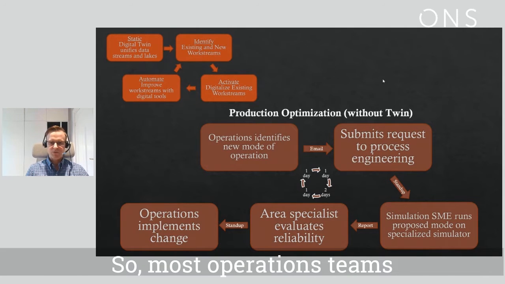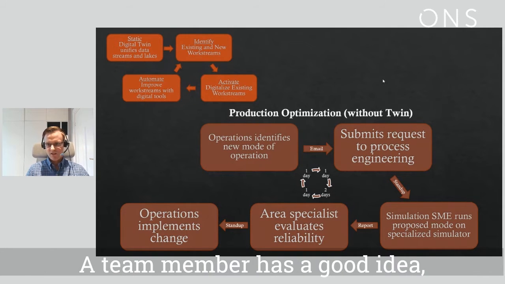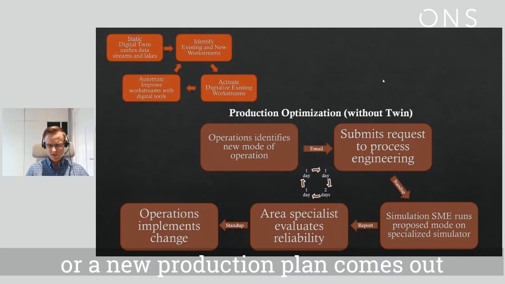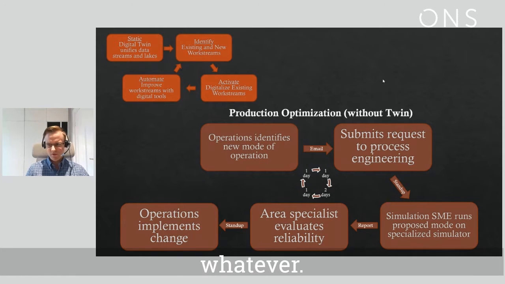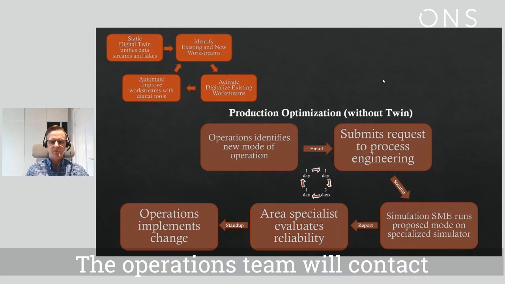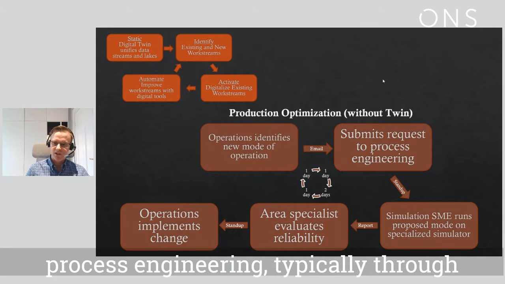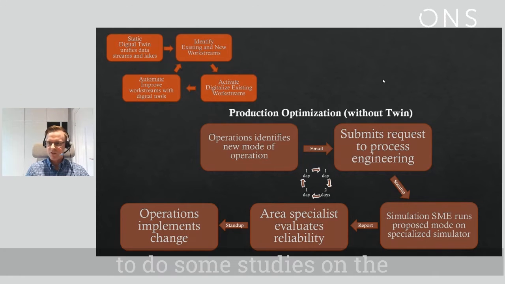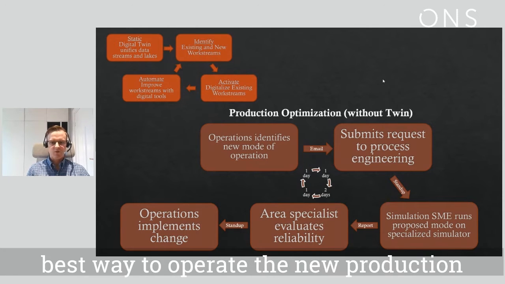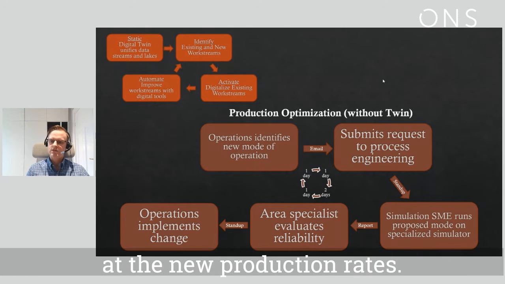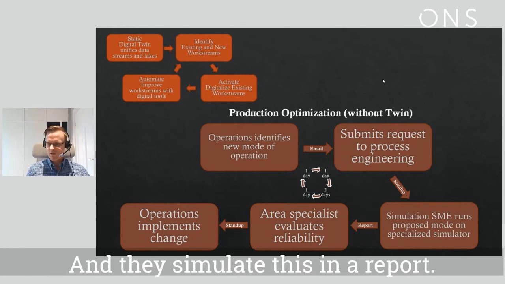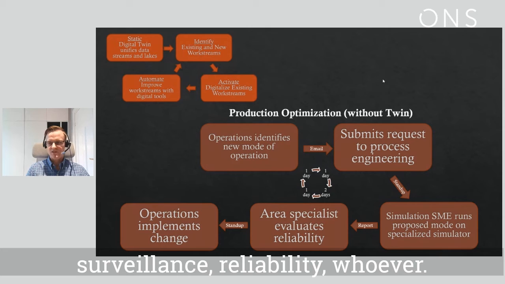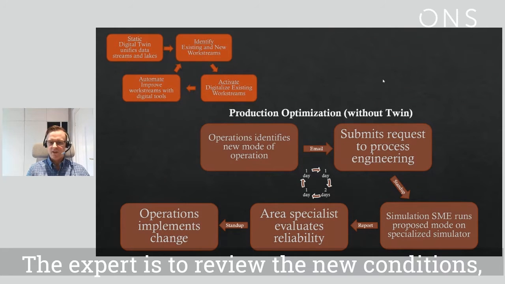So most operations teams I've worked with will know this cycle. A team member has a good idea on how to optimize the process, or a new production plan comes out unexpectedly as a result of maintenance, whatever. The operations team will contact process engineering, typically through an email or a daily stand-up meeting, and they assign the case to an SME to do some studies on the best way to operate the new production at the new production rates. They submit a report, typically to some other SME, rotation, surveillance, reliability, whoever the expert is, to review